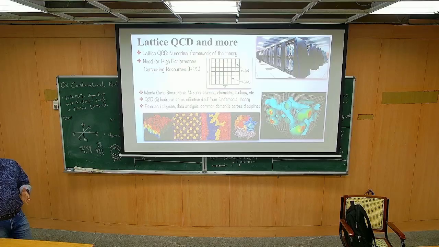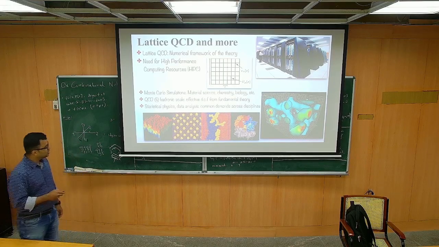And many of the procedures that we use, although the physics that is aimed is slightly different, have very much common across disciplines. That means a lot of prospects of communication between these fields exist in this kind of studies. Just that in our case, the physics interest is that we would like to know how these effective degrees of freedom for protons, neutrons, other hadrons emerged from the fundamental theory where it originally did not exist. Right? This is what we are after.